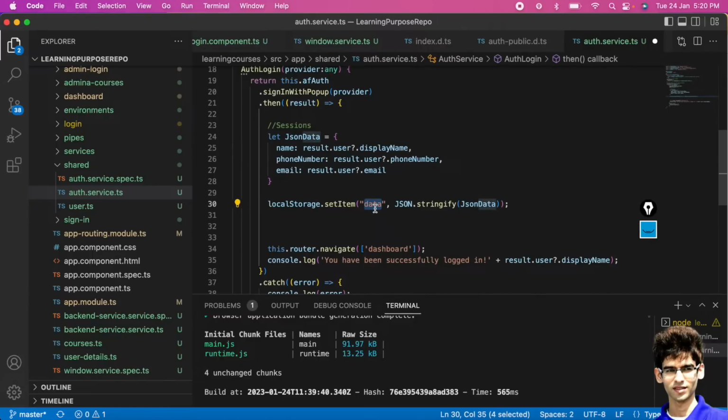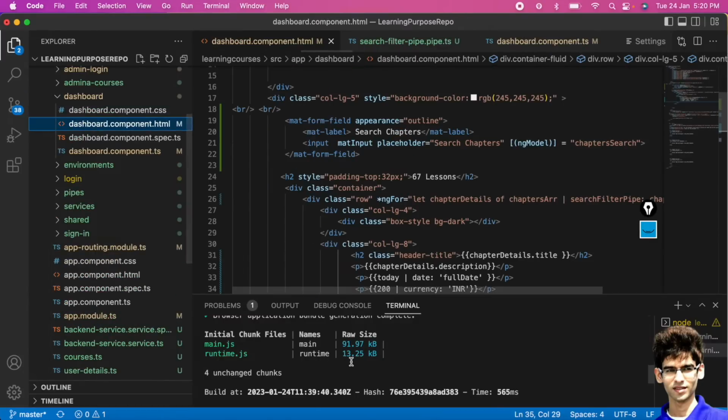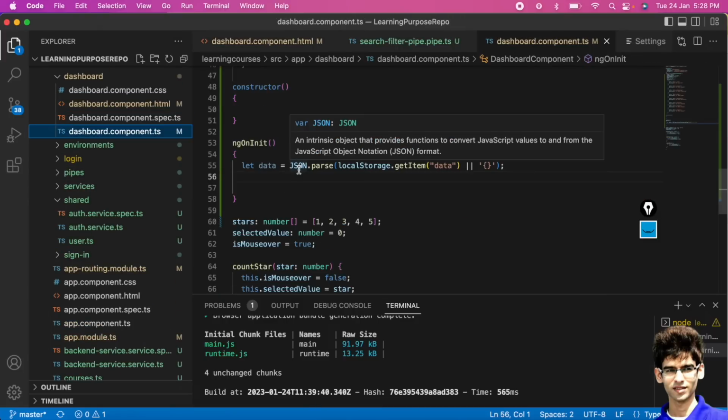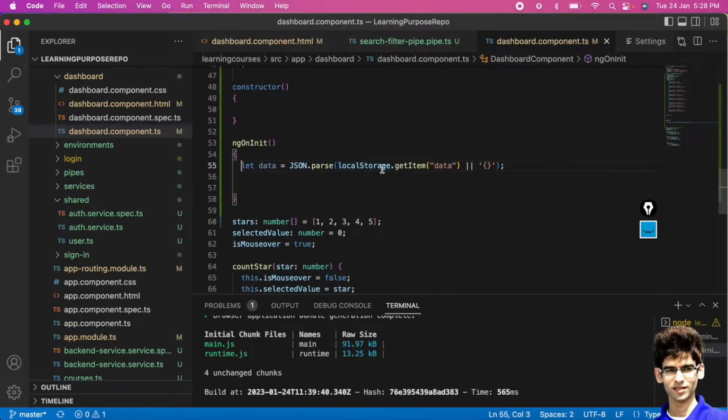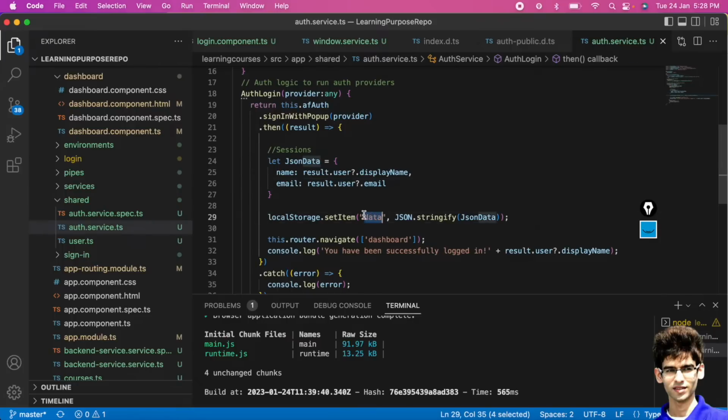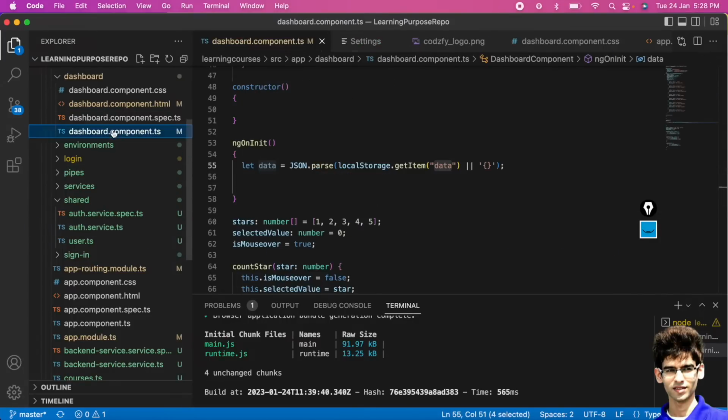Now how to get this field? To get the details, because we want to show the detail here, like his name, or we have to display some message like welcome and the username, right? So for that purpose, inside the dashboard screen, to get the local storage, we have to parse the JSON. JSON.parse. Using this method you can get the local storage. localStorage.getItem, and the name of the field is data, which we have stored inside the auth service using this. So we have set the item, all the data, name and email, and inside this we will get the data with getItem.